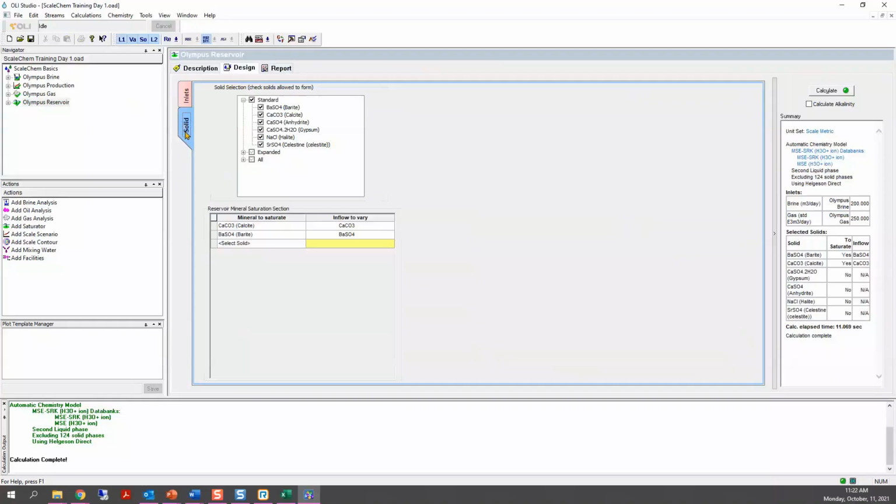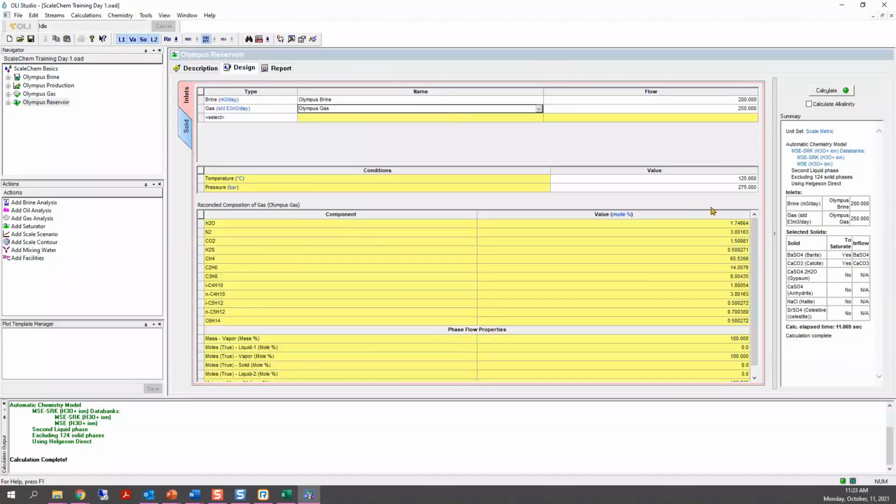Diana, there's also a question in the chat that goes well with Valentina's question, from Joe. Is there a way to use the rock mineralogy data and saturate the brine and gas with it? Oh, yes, definitely you can do that. Instead of putting the reservoir conditions here, you can put whatever conditions you want. It could be separator, it could be the bottom hole, it could be wellhead, it could be any conditions that you know. So you could do that.